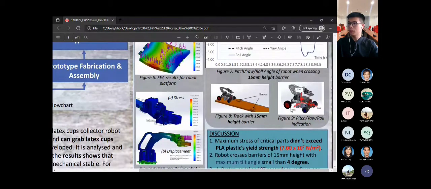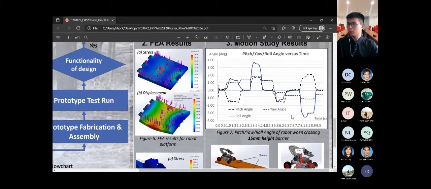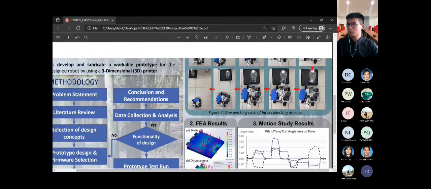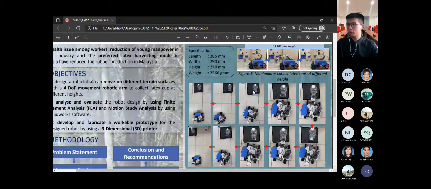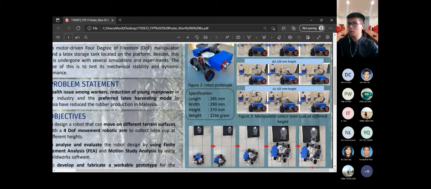As a result, the prototype can travel on the track with 50 millimeter height barrier. As from the result obtained here, the angles are all small. So now let us move on to figure 3 and figure 4 that show the video snapshot result of the